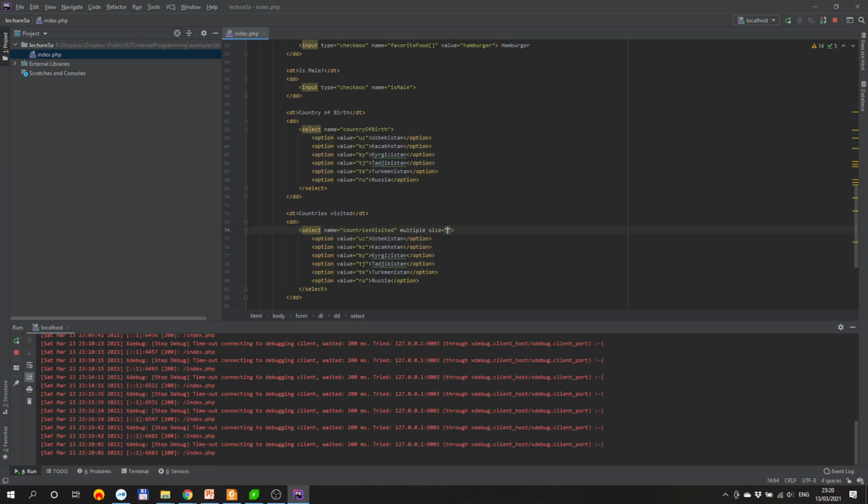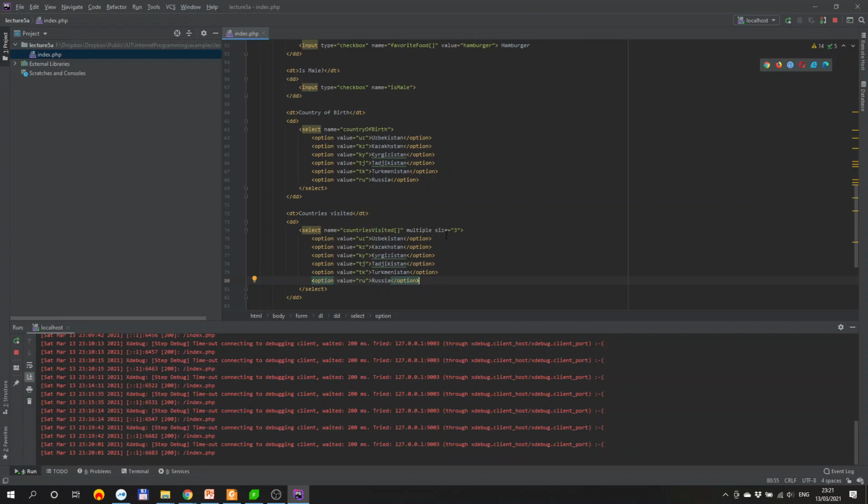I can set the size to 3, and it doesn't matter what you set to the multiple, or you can just leave it like this. Now it will allow the user to select multiple values from this given list and then send them in the form of an array. Remember, by the way, I have to put these square brackets to indicate that this particular parameter is an array parameter,